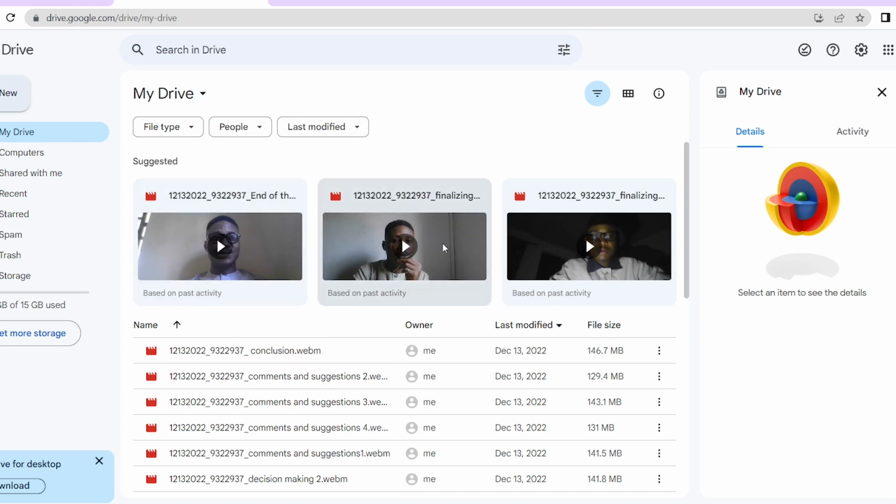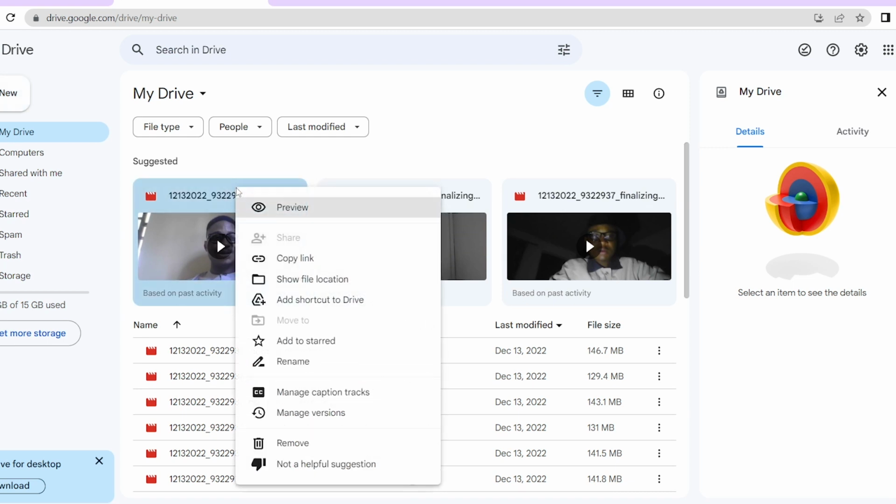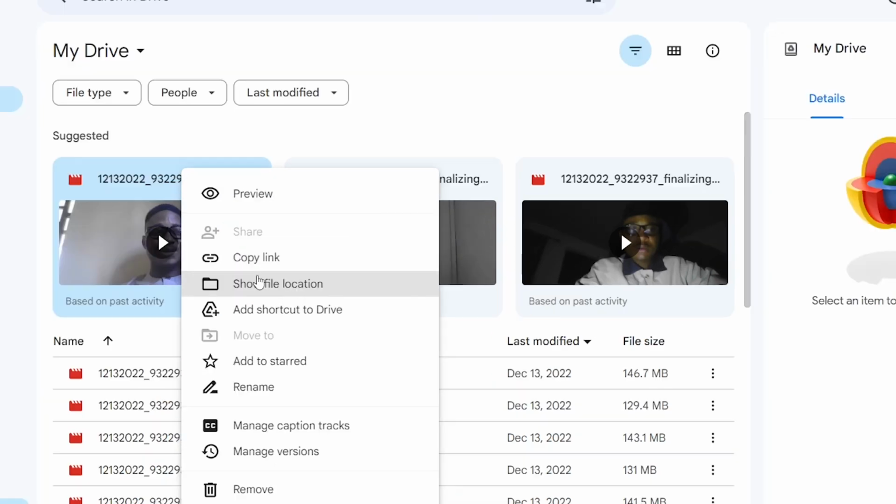So what you will now do, you are going to click on that particular folder, right? On that particular folder, you are going to right click after it's uploaded. You see this part? This is very essential. This is the link you are going to be sharing. In case they ask you for your portfolio, you are going to share this link because it has all your jobs contained in it. So what you will now do is you are going to click copy link,